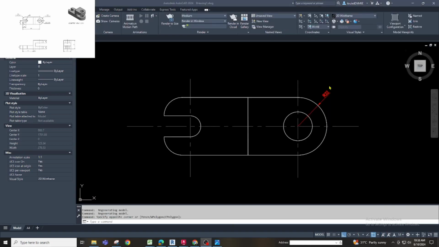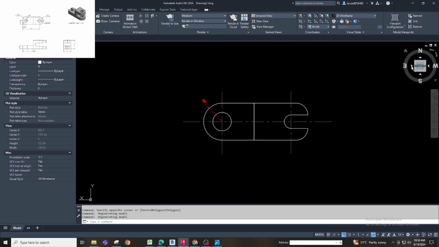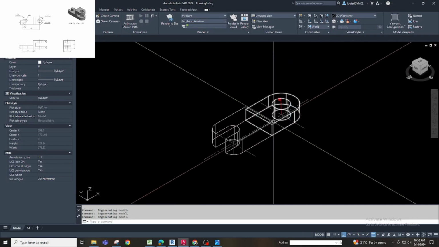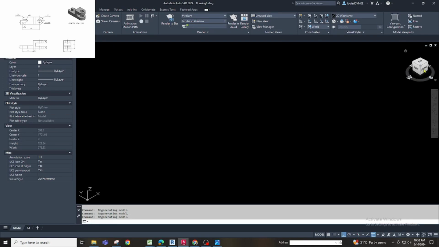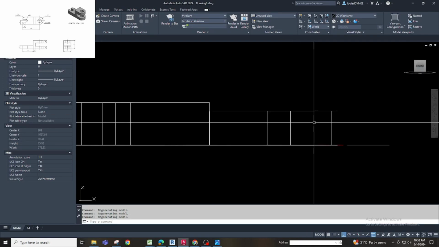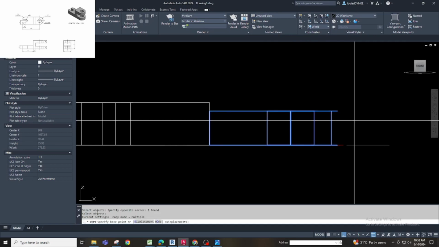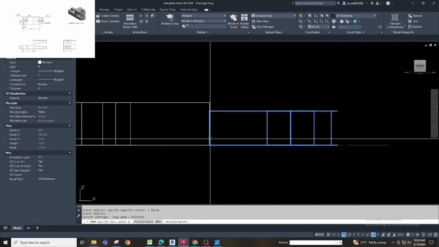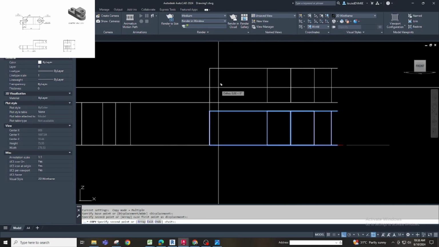The next thing you are going to do is copy this. You make a font, then copy this part to this part.